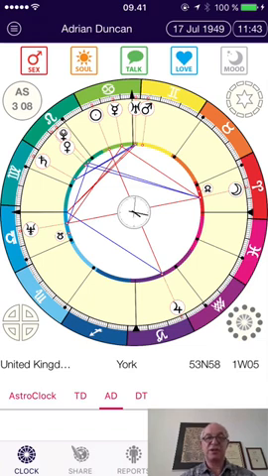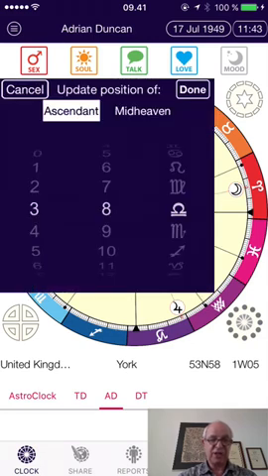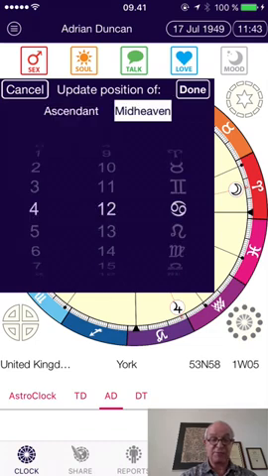You'll notice there's 4 circles on the edge of the horoscope wheel. The ascendant circle, top left, you can actually set, if maybe you can't remember the time, but you can remember the ascendant. So you can select it and change the ascendant if you want. Or you can select the MC and change the MC. So it's quite useful